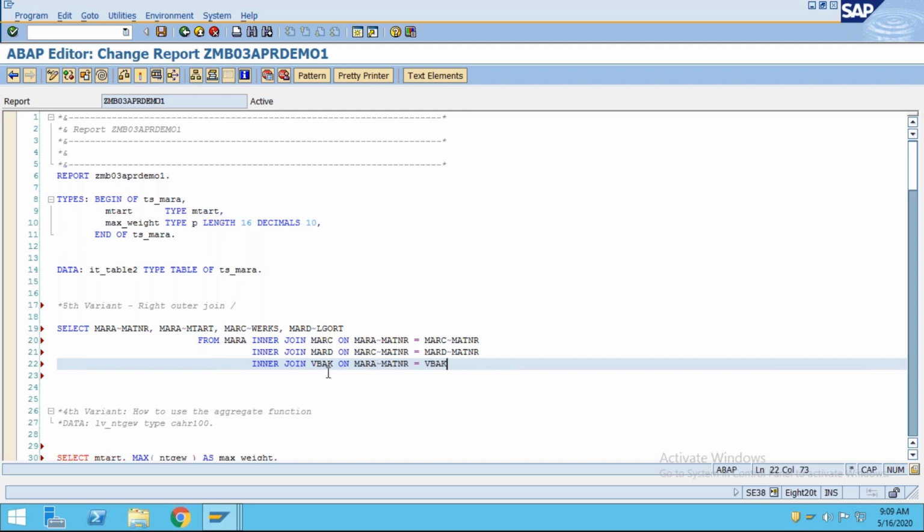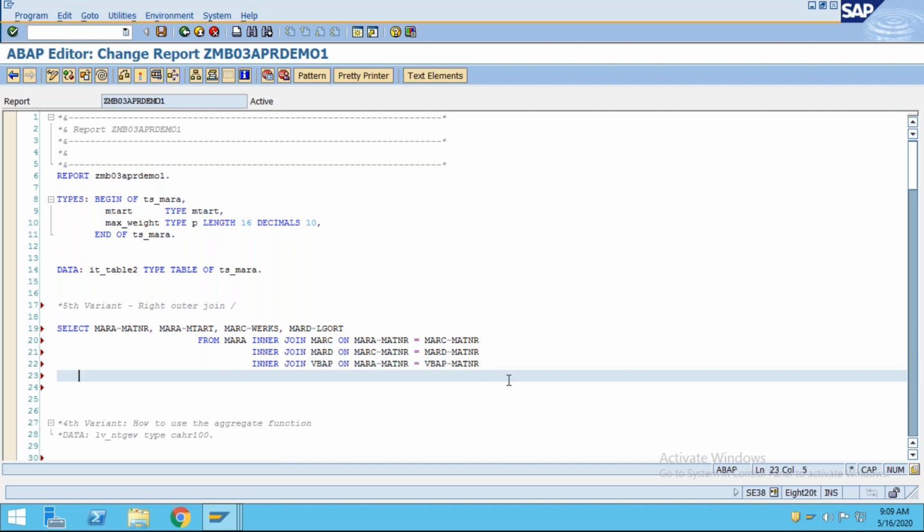I think in VBAP the MATNR will be there, for the item field. So for VBAP, MARA MATNR should be equal to VBAP MATNR. Okay, so like that you can keep on doing.